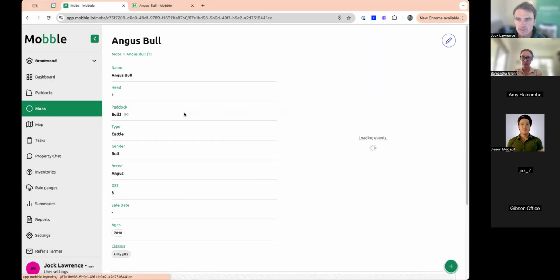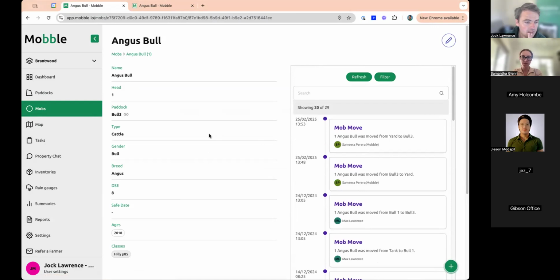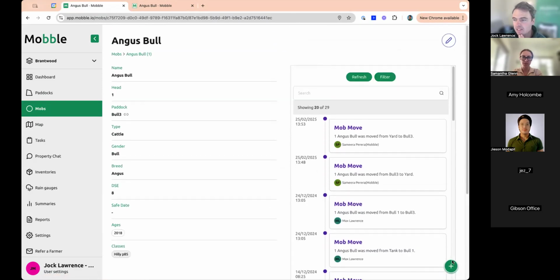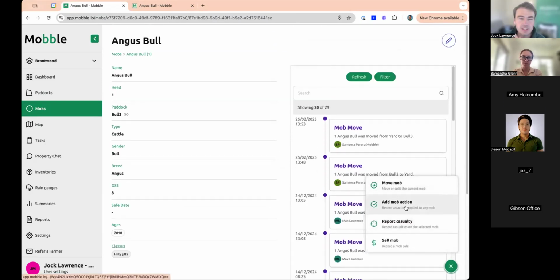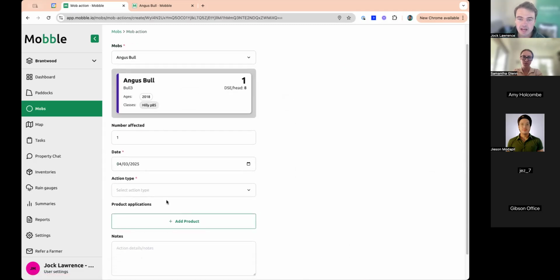Go to an actual Angus bull and view the history of this bull. But if you want to create comments on a mob, the best way to do that is via a mob action. In the future, we might have a notes section, but at the moment, it's via a mob action. And you can create a